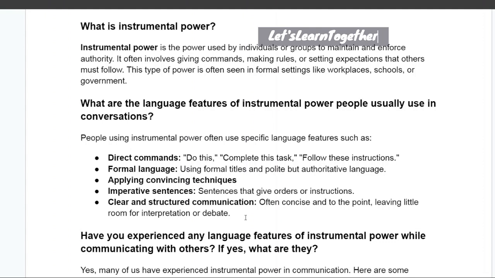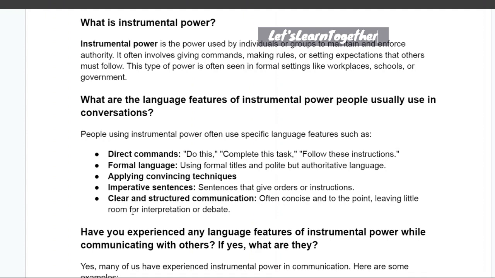That means there are specific psychological techniques that people use to basically show their instrumental power, but at the same time they ensure that their words are inclusive so that they can affect the mentality of the targeted people. Okay,